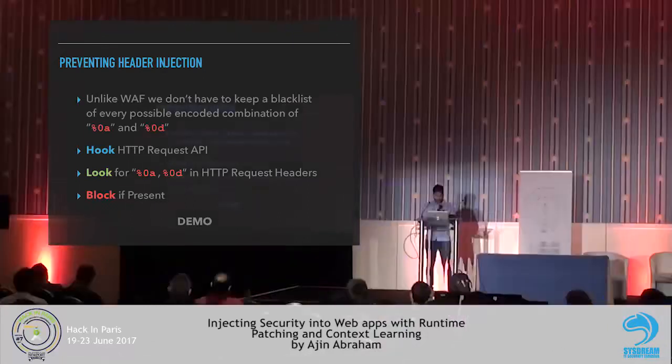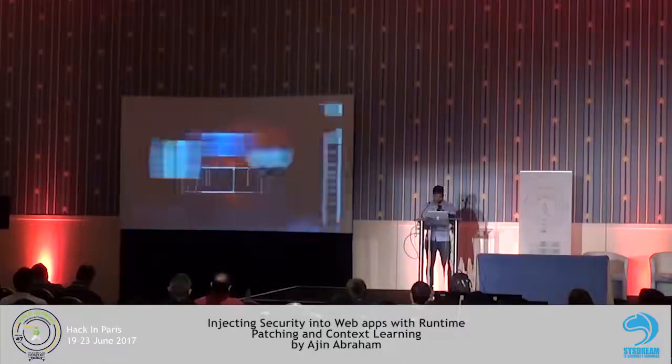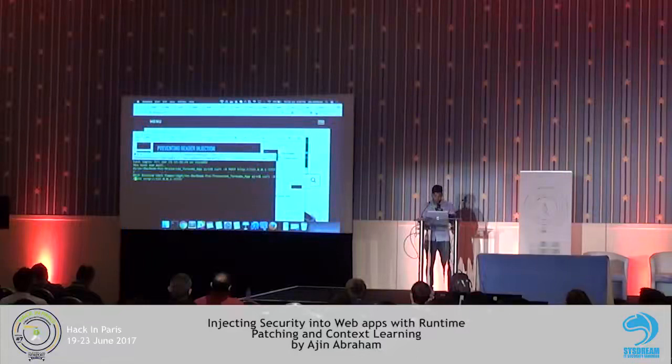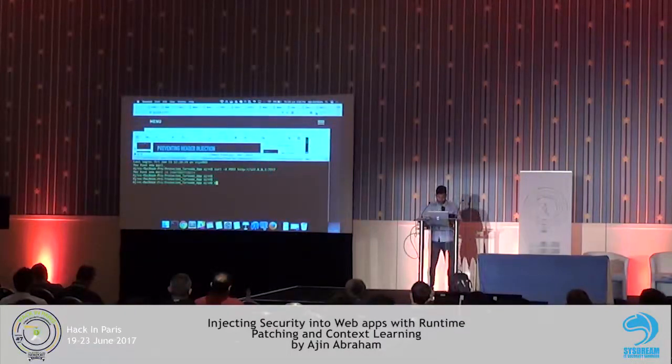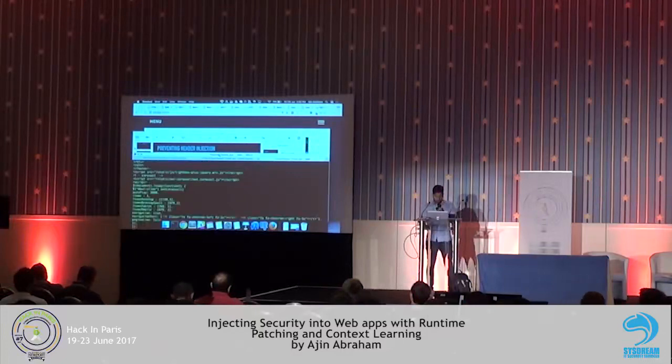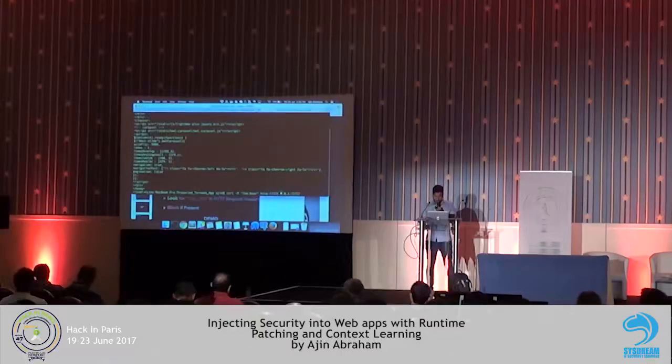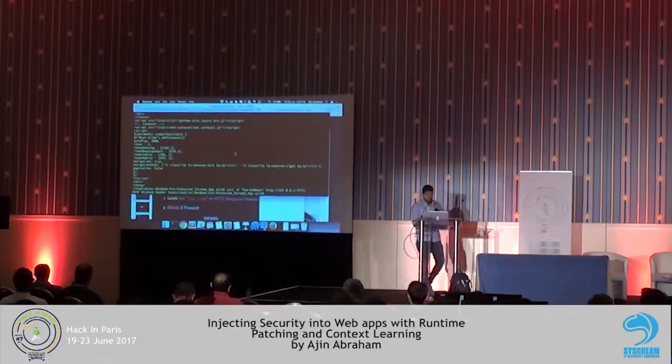So here's a quick demo for that as well. We just give a legitimate header and it just works. It gives you the response back. Now let's try with response splitting. And it blocks the injection attempt. All right,